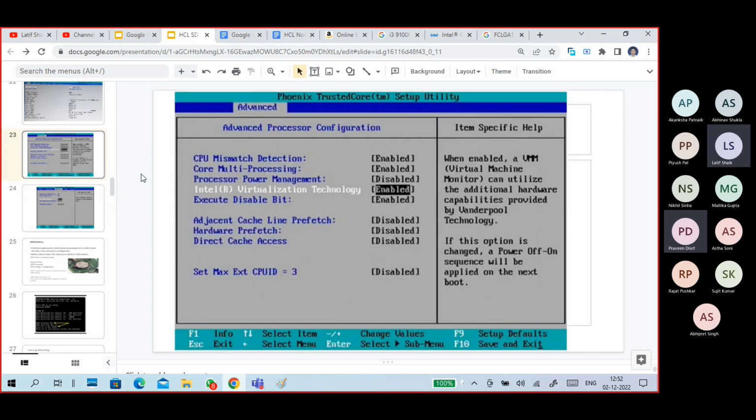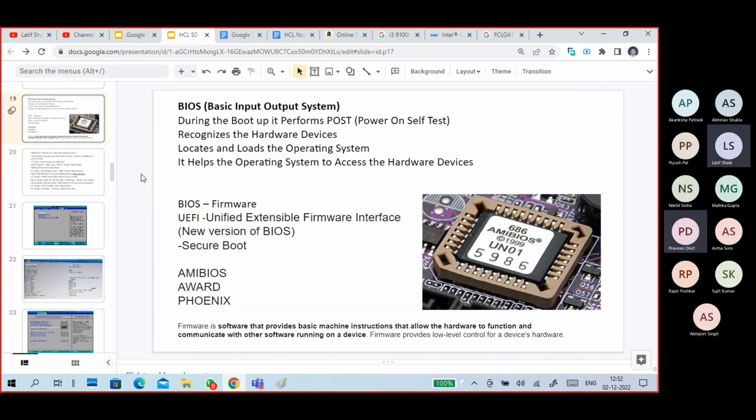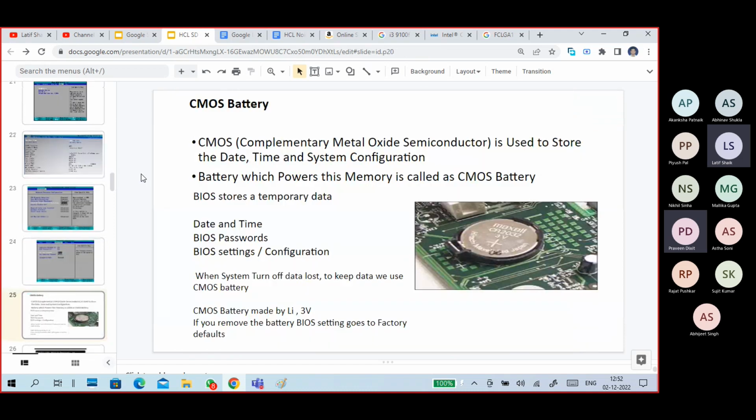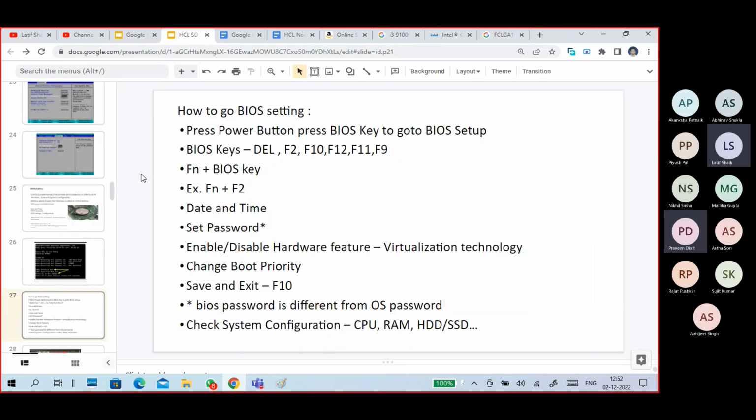Okay, these are the things about your BIOS settings. But how to go to the BIOS setting is missing here. Yeah, here it is. If you want to go to that setting, guys, there are two or three options. One is, first of all, shut down your computer or restart your computer. At boot up, you press the power button. Think like this: you press the power button, and immediately, if you look at the screen,